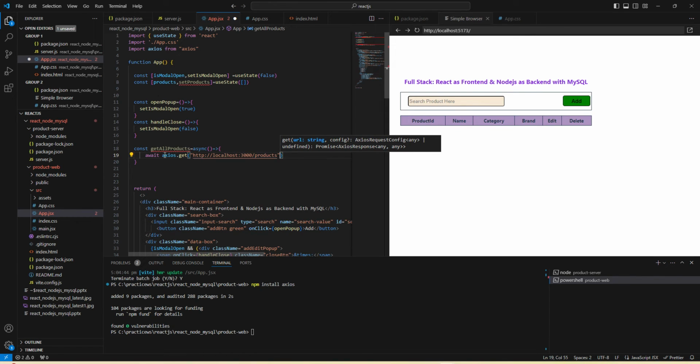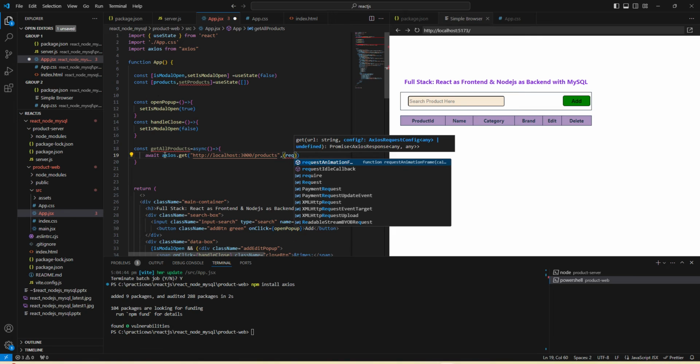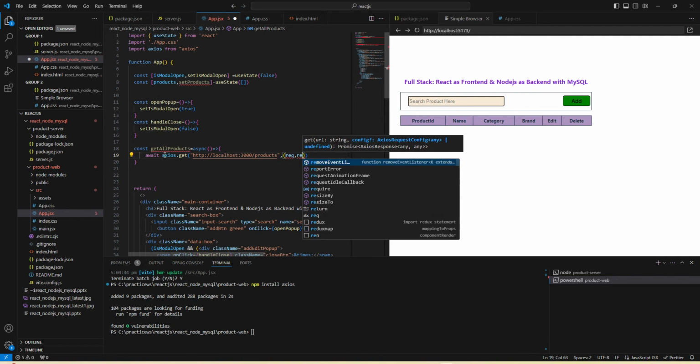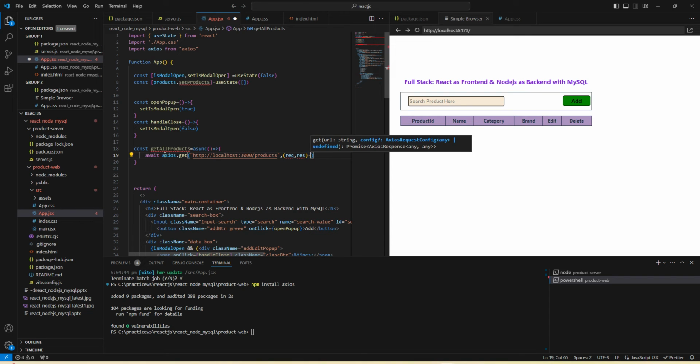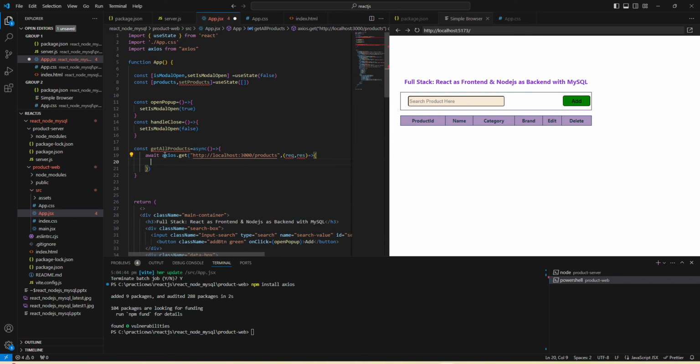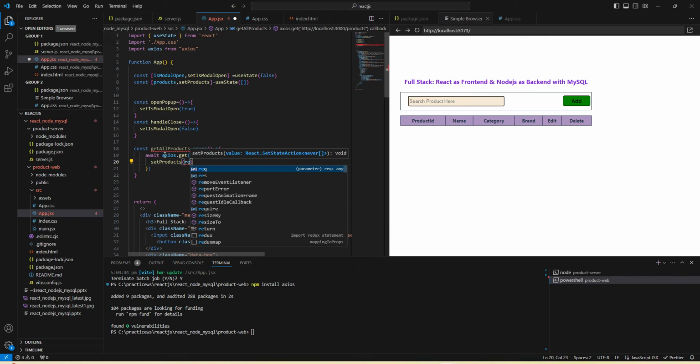Next we can define the response, and here we can set products as response.data,